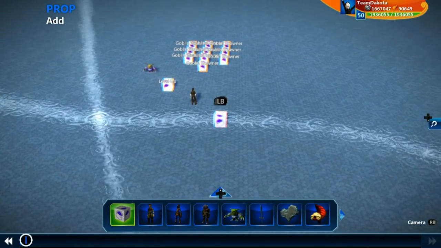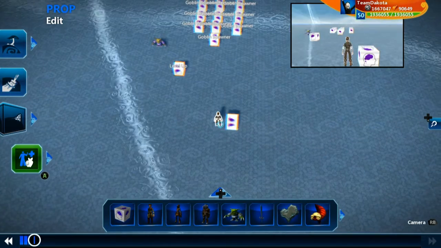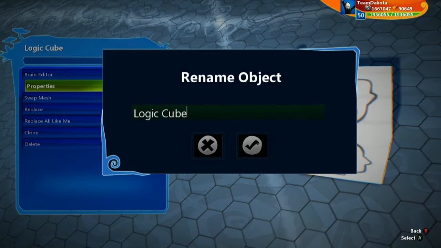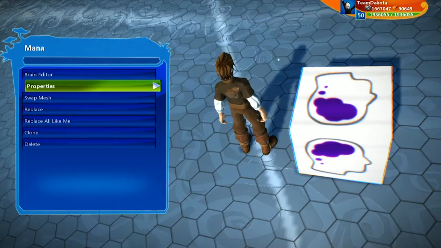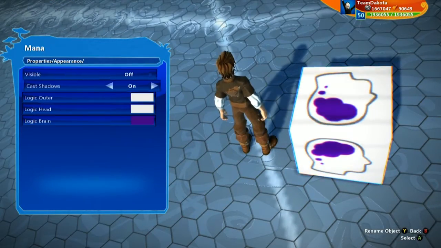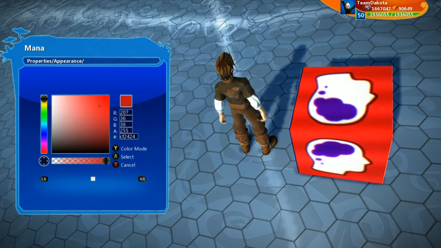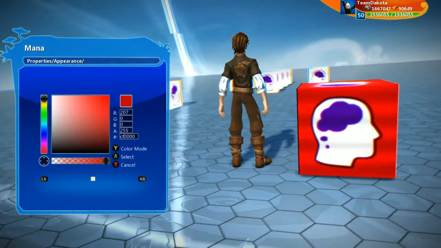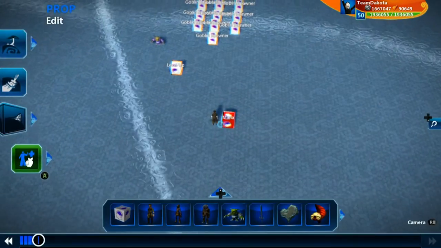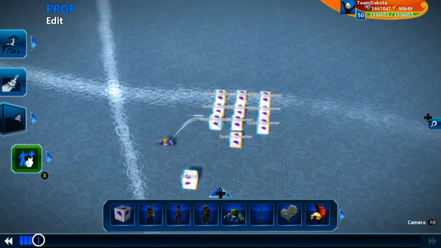And we're going to have this right by our player. So let's move the player back so that we can have this right by them. We are going to title this logic cube Mana. And to keep things a bit easier to understand, this is where coloring of logic cubes can be really useful. So I'm going to color this mana logic cube red,